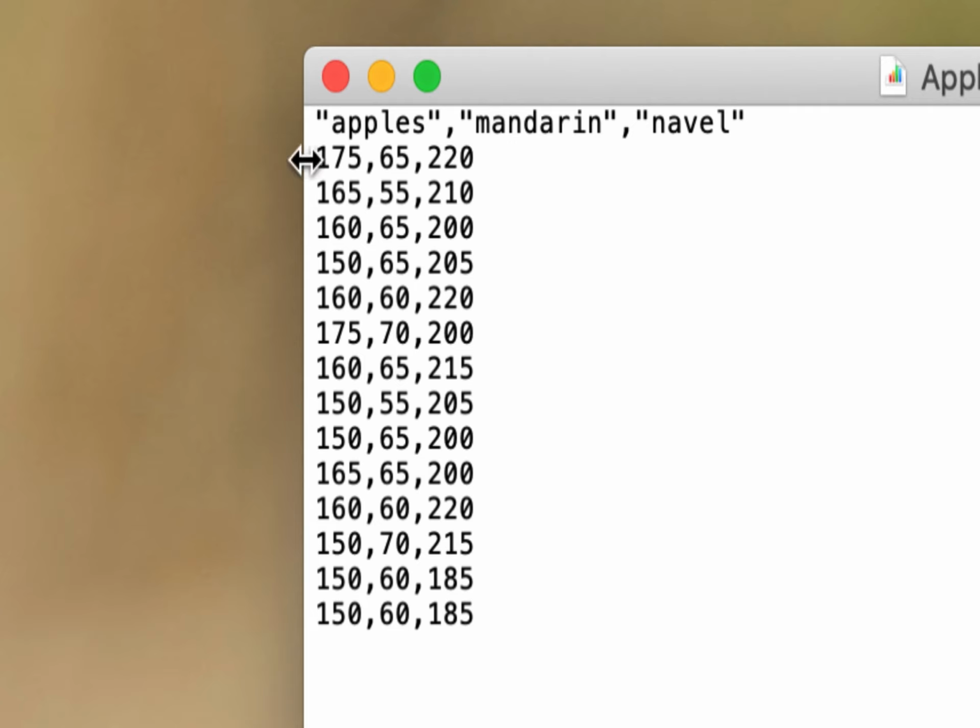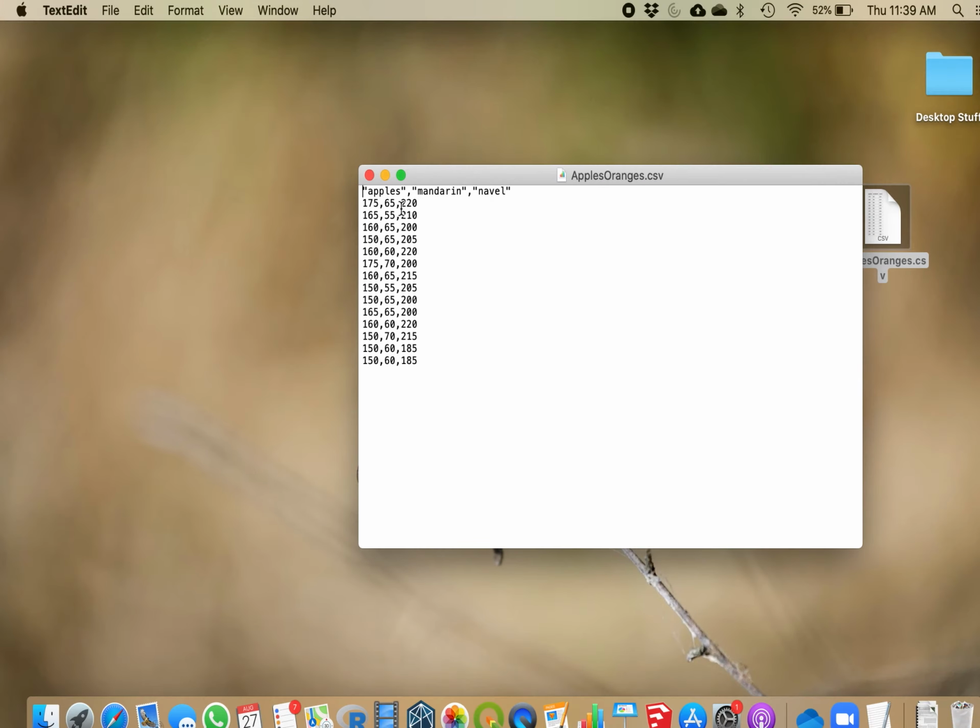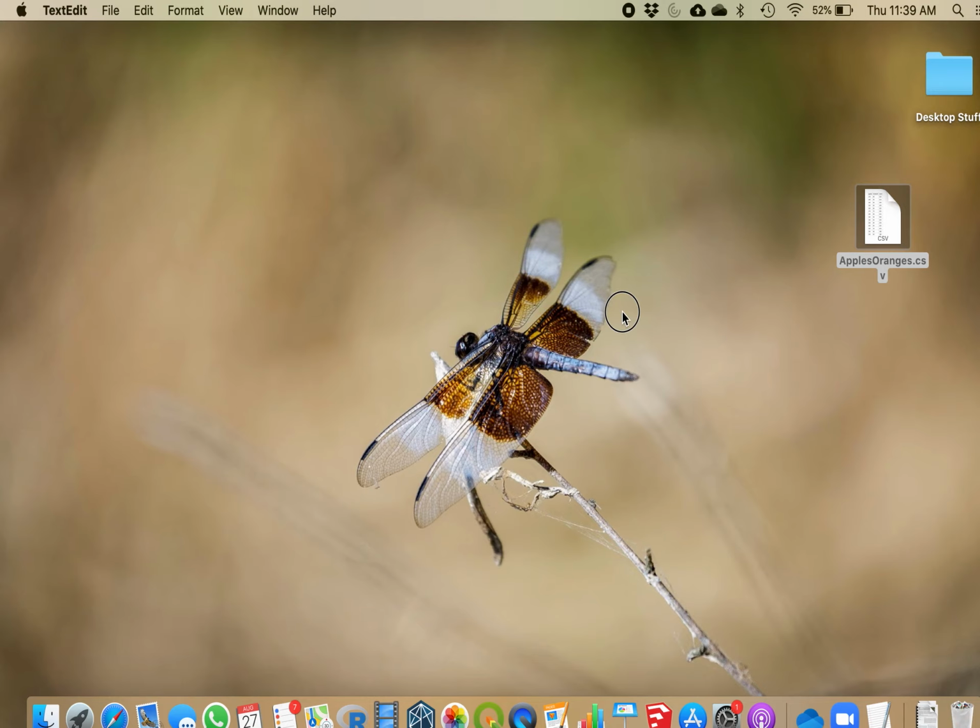My first apple weighed 175 grams, my second weighed 165, my first Mandarin orange weighed 65, the second weighed 55. And so the data are just separated by commas. It's a very, very simple data format. And probably, I think, one of the most commonly used. Certainly it is in my lab. So let's open up R,